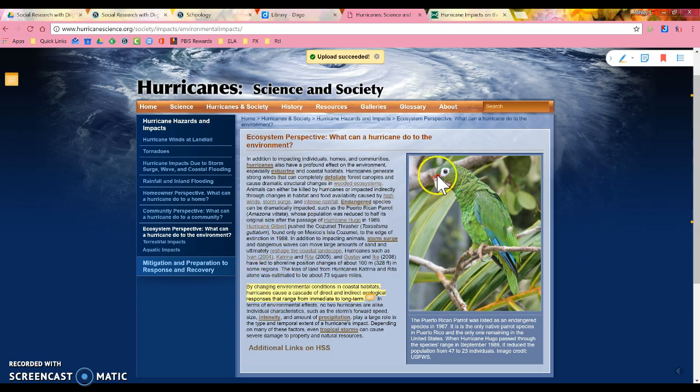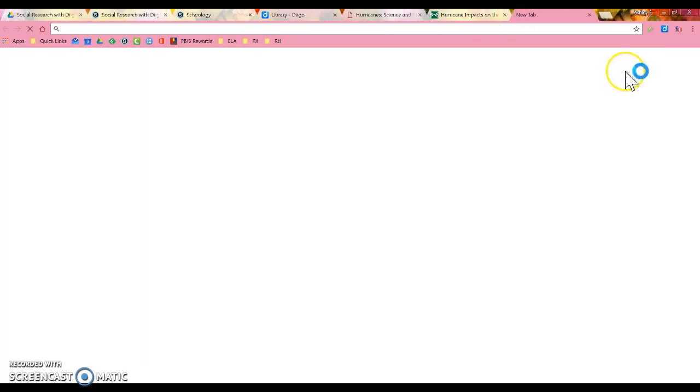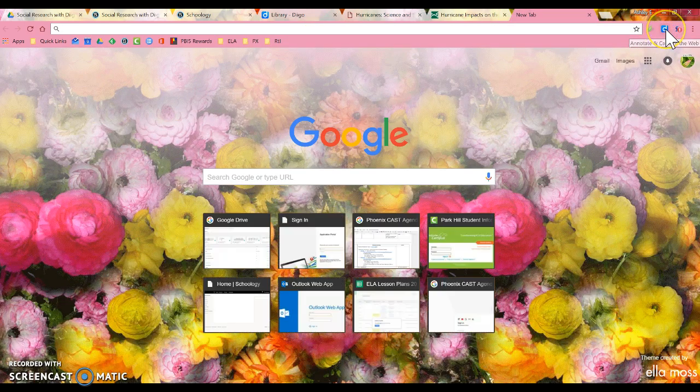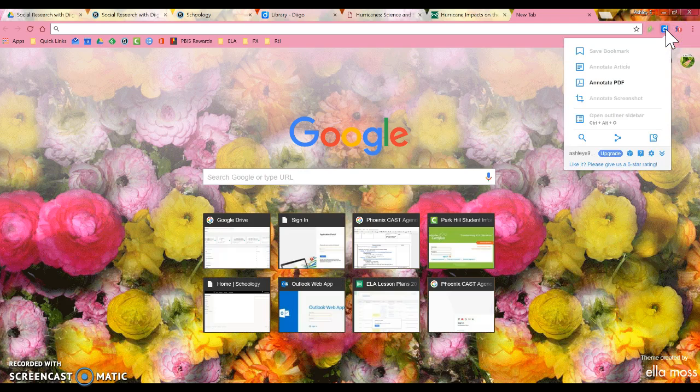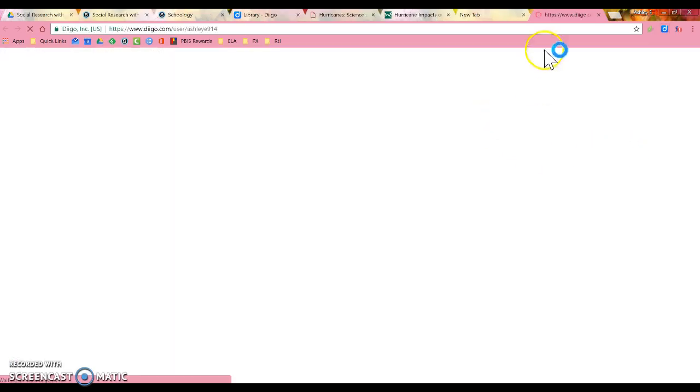Well, as I'm going through and I've been marking these things, my Diigo library is updating. And there's two ways that you can always get to your Diigo library. You're more than welcome to bookmark Diigo here. The other thing you are welcome to do is just click on that D, your Diigo extension, and down here at the bottom you have this box that is how you can go to your Diigo library. And so if I click on that,